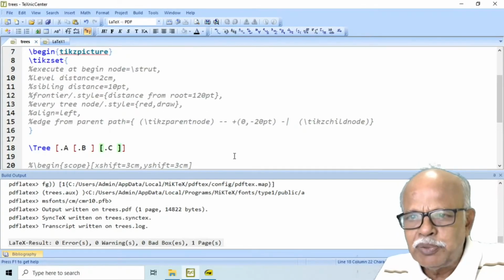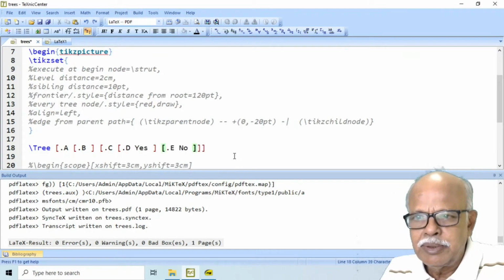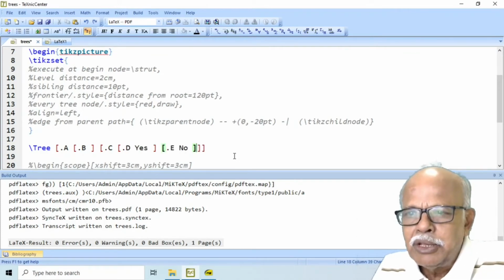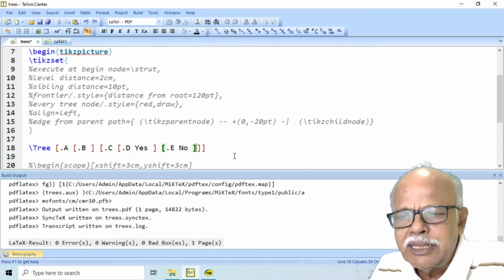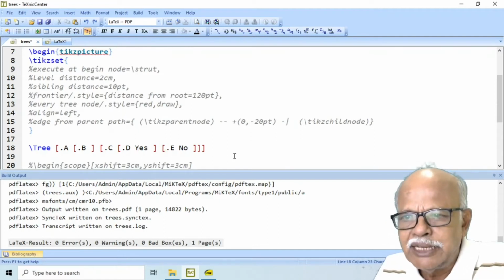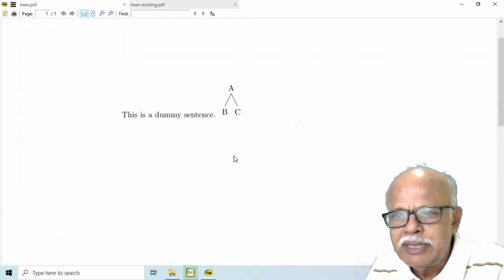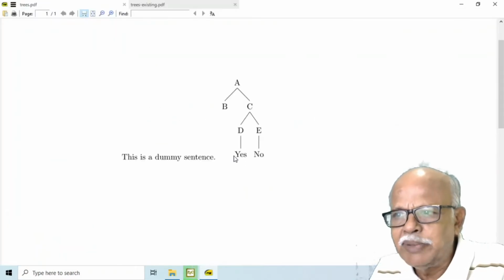Now, suppose you have a case in which C has got two siblings D and E. D has got a leaf S and E has a leaf No. Then the result will be like this.